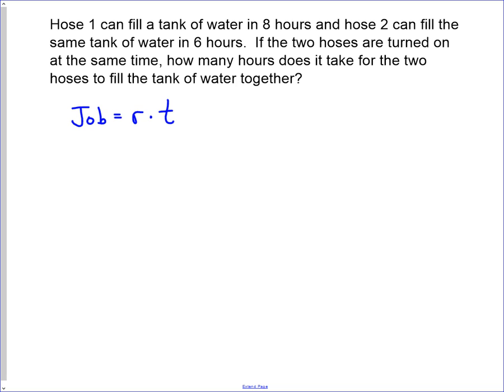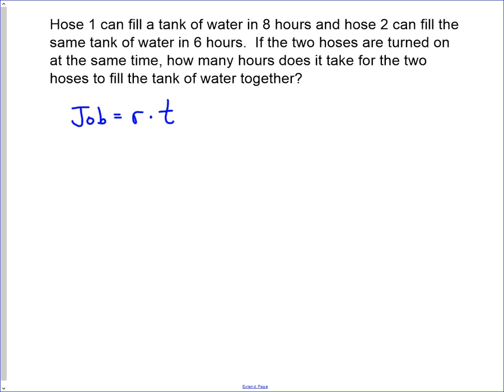the amount of the job that's getting done. The reason this is a very useful way to do it is because now you can take this idea of filling a tank of water in 8 hours and make it a rate, and that is how much of the job is done per hour. So if you can do the entire job in 8 hours, then each hour you do 1/8 of